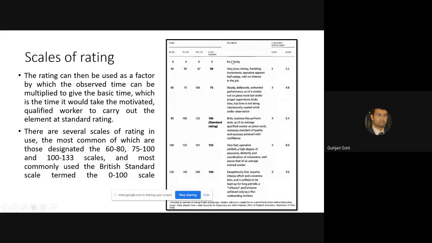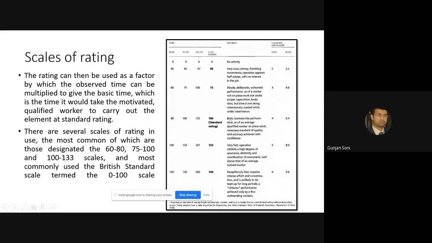If there's no activity, of course you're going to give 0. If it is slow, with certain characteristics like clumsy, fumbling movements, the operative appears half asleep with no interest in the job, then a rating of 50 could be given as per the British standards.